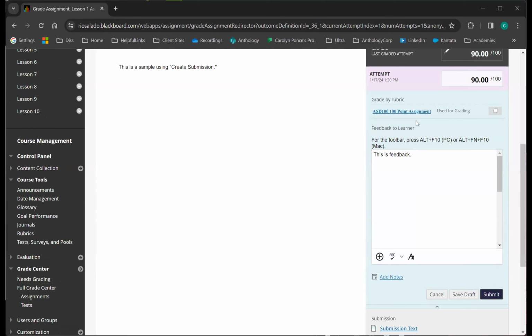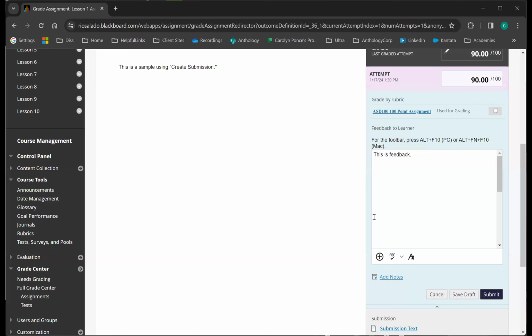And then that way, I'm going to come back as my student in just a few moments and show you what they see. I'll have to go into the grading area of, I think, the Blackboard menu at this point in time, to show you what that looks like. So I tend to encourage using and showing the rubrics to the students, but there are opportunities to post that feedback.